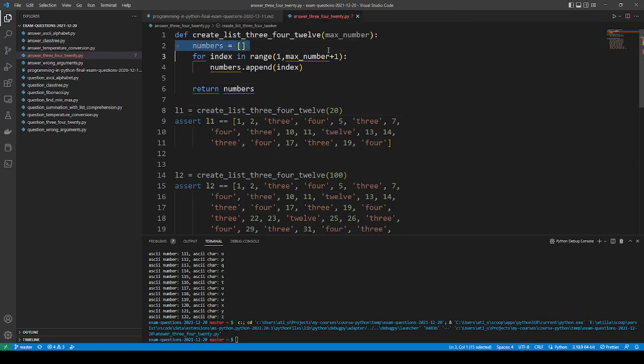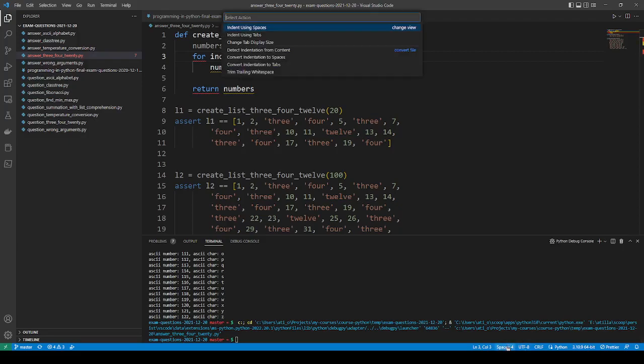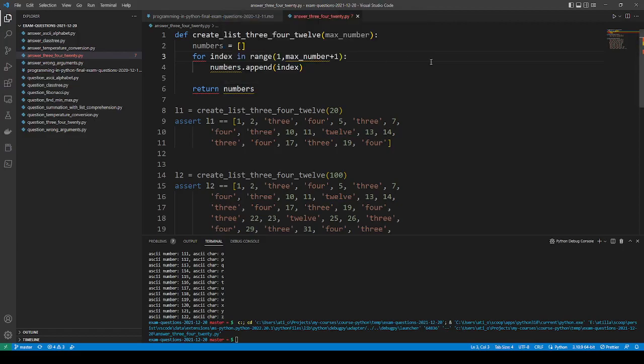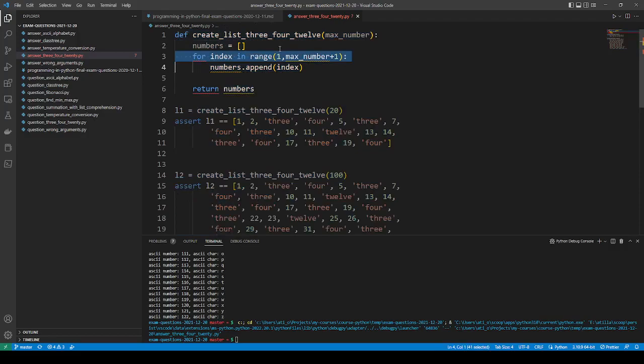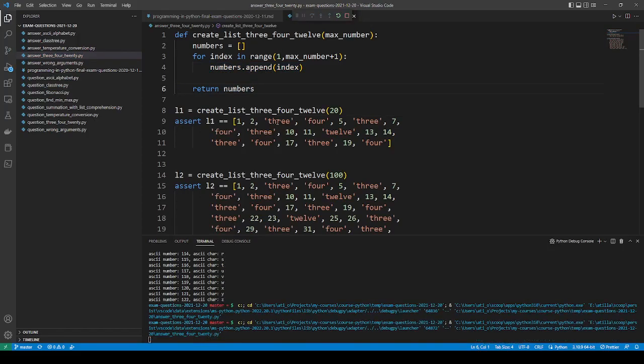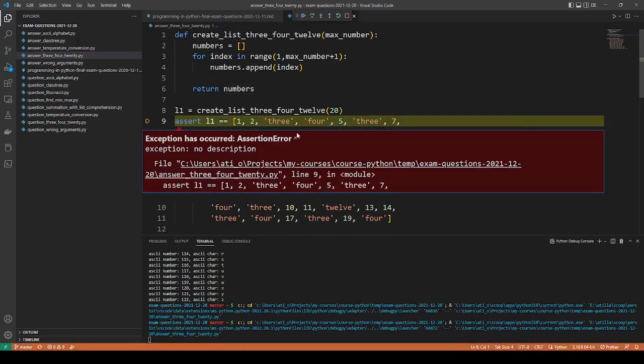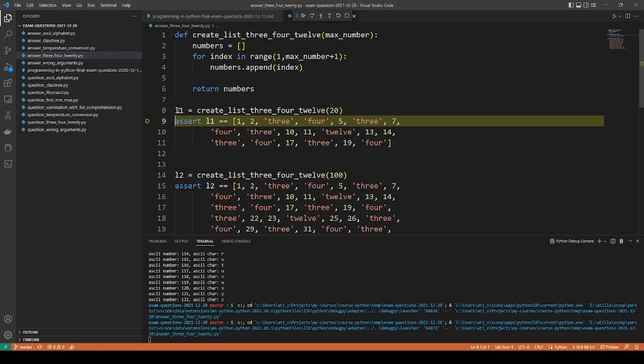Okay, I have a problem. Some of them are tabs and some of them are spaces. I need to change this one to indent using tabs. Okay, and here I need to fix this tabs issue for me. Okay, and here also this tabs issue. And then if I run this one, okay, as you can see, I have an assertion error